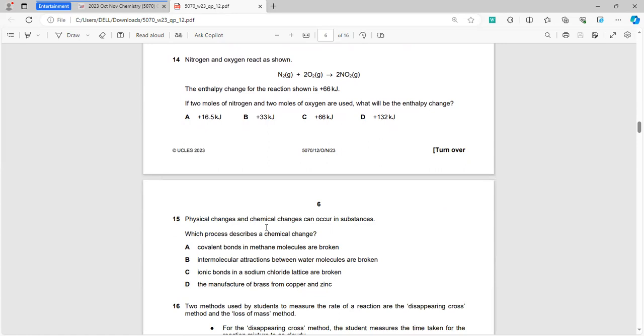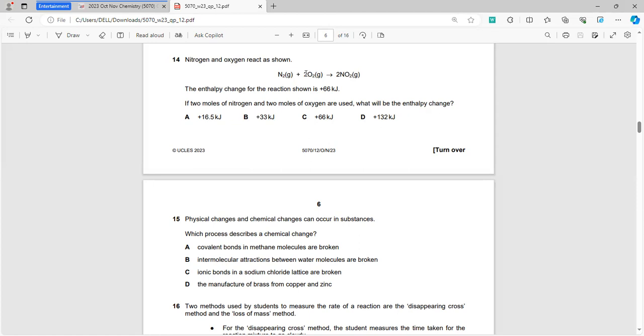Now on question number 14, this is an endothermic reaction. We know just by looking at the positive value of enthalpy. Now you can see over here that 1 mole of nitrogen is combined with 2 moles of oxygen. However, they say if we were to combine 2 moles of nitrogen with 2 moles of oxygen, what would happen? The correct option would be C, that the enthalpy change would not increase or decrease, because the amount of product being formed solely relies on the amount of oxygen,